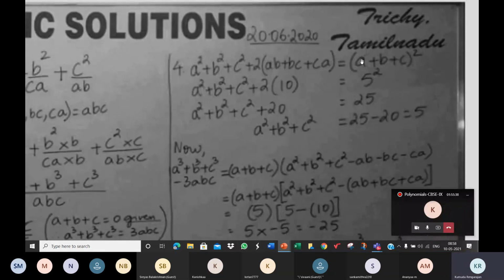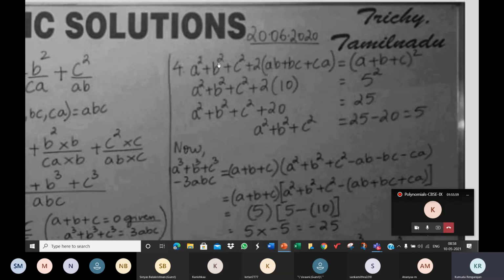So I remember Kanishka saying earlier that in the test, the question was a plus b plus c is equal to 9. And Kanishka said she squared on both the sides. That's also fine. Now I got the answer correct, ma'am. Yeah, you can square on both the sides, or you can write the identity like this and work. Both have the same effect.